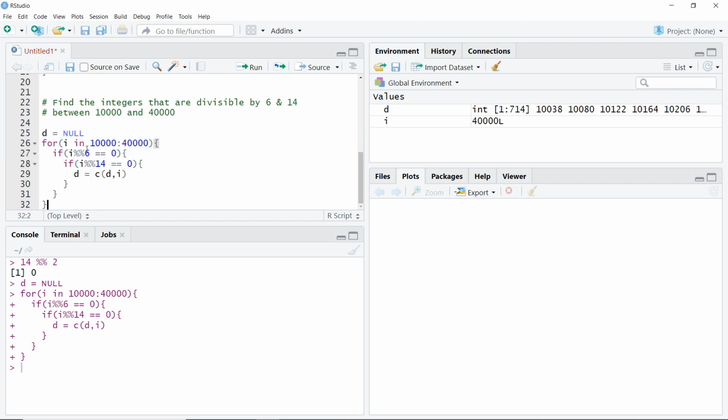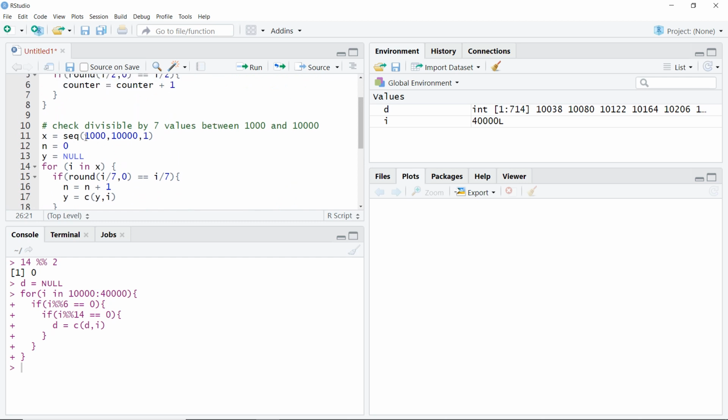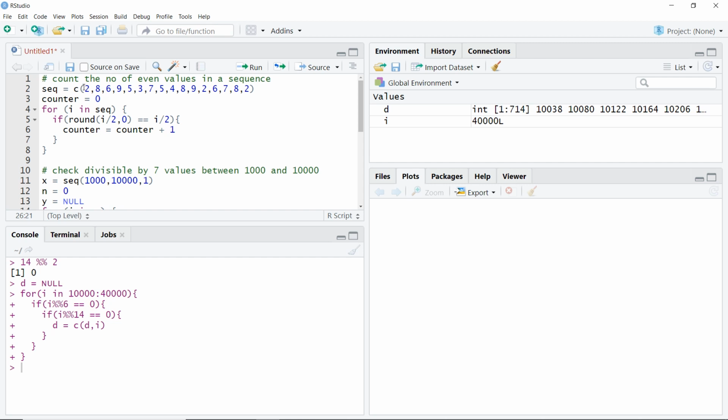So this is how we can use our for loop, where we know how many times we are going to run this loop. So we had a specific number of times. Here it was between 10,000 and 40,000. Rather it is, I think, 30,001 times, because the first value it took was 10,000 and the last value was 40,000. So these are inclusive values. Here we made a sequence separately. You could make it any different way. Previously we had a random sequence, but here we want a particular sequence, and we know how many times we are going to run this for loop.